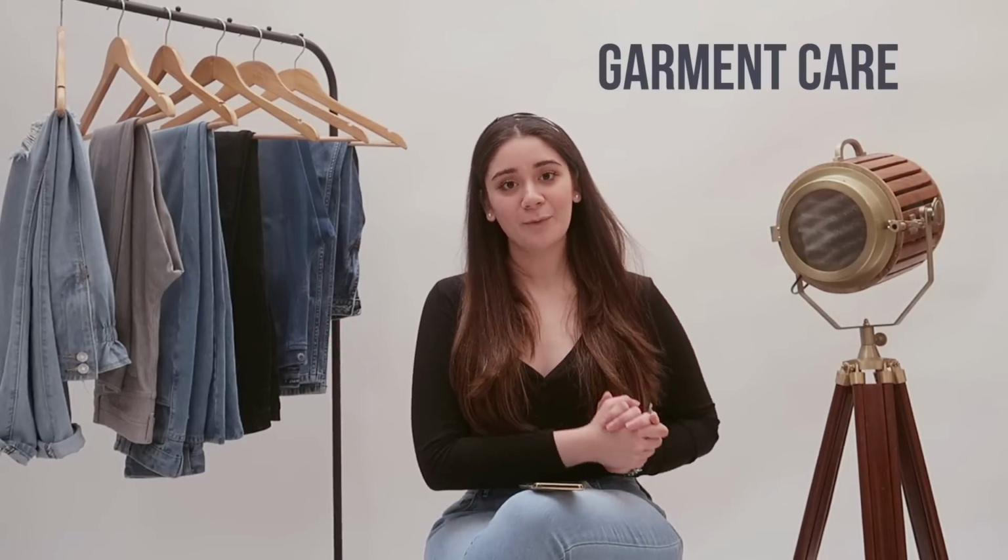Now that you have found your perfect pair of jeans, let's talk a little about garment care, because I feel like with jeans we're all pretty careless and we just throw them in the washer, or we give them to the dhobi bhaiya and then he does whatever he has to do with it. But nobody really understands how to actually care for jeans, and there are a lot of articles that you can read about this. But just in general, a few things that you should keep in mind are: